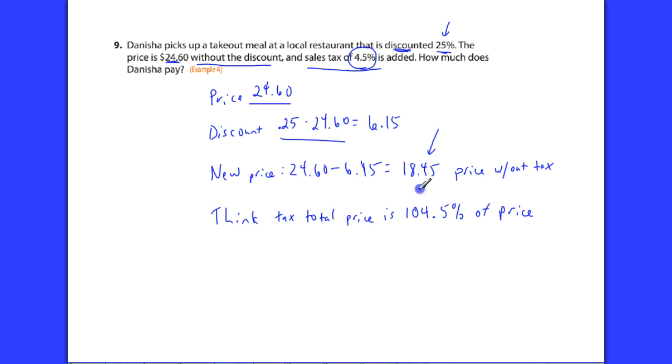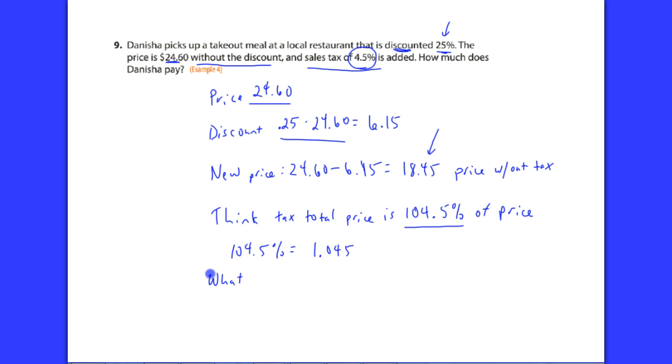you're going to add 4.5% of that. So you think of it, that's 100% of the price is $18.45. Now you're going to add another 4.5%, so you're actually going to pay 104.5%. Now why is that easy for us? Well, I can say 104.5% is equal to 1.045. Now all I need to do is go, okay, let's see, I need to think, what is 104.5% of